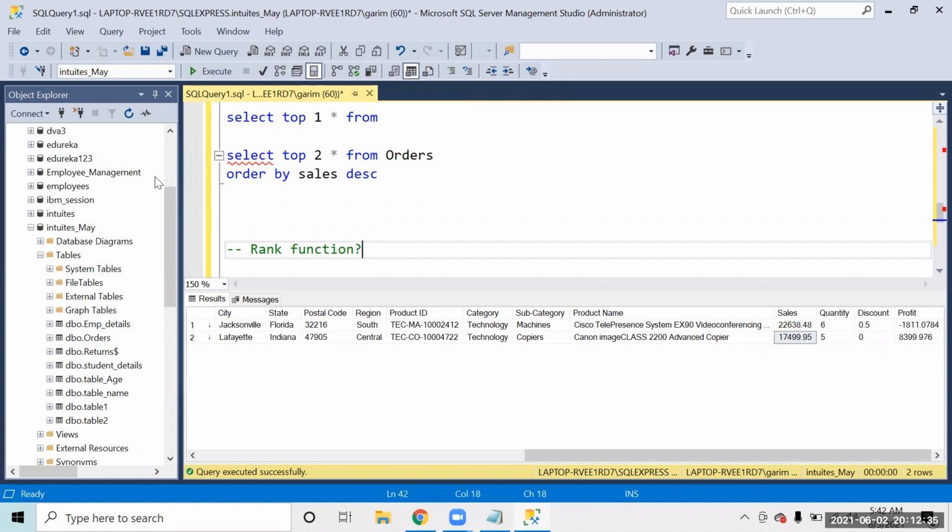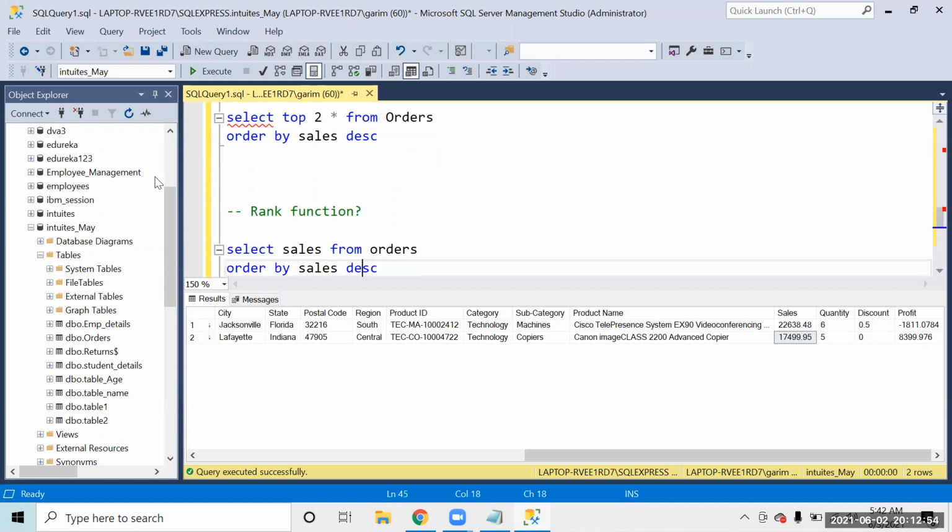Okay. So in row number, you will first sort the data, then you will give the row number. But in this over here, you will not have to do any sorting and all. You can simply pick up that rank from here, right? So rank is a better option because we want to find the second highest sales. So I can simply use the rank function over here.